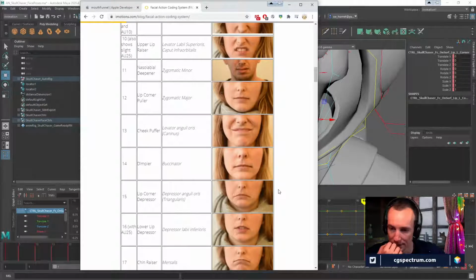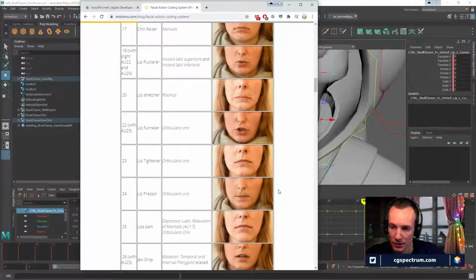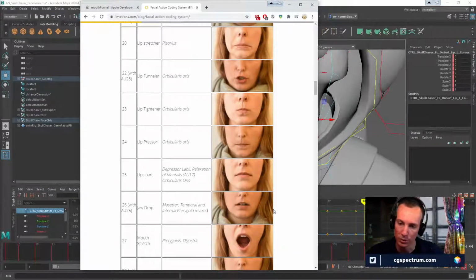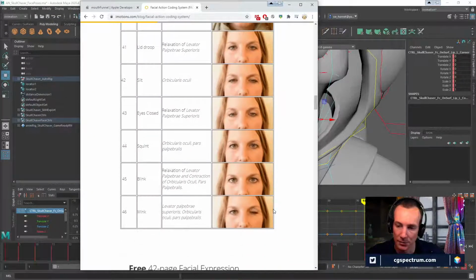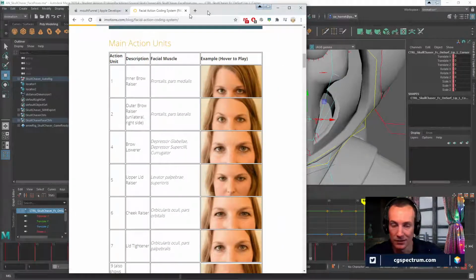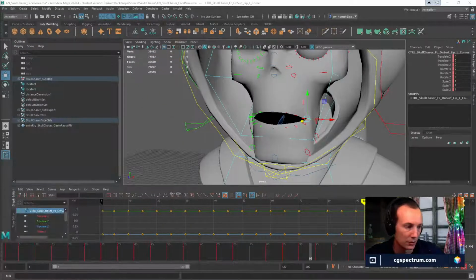And realistically, you don't need all of them to make a good facial rig, but you really need to respect the fact that these are all different things you can do with your muscles. Sometimes they're pulling in, and you're pulling in another way, and it creates different types of things. It can go really, really complex, but it depends on what you really need from your facial rig. Is it really going to use every little bit of the joints? How photorealistic are we talking about? And in our case, we definitely don't need 100% of that, but